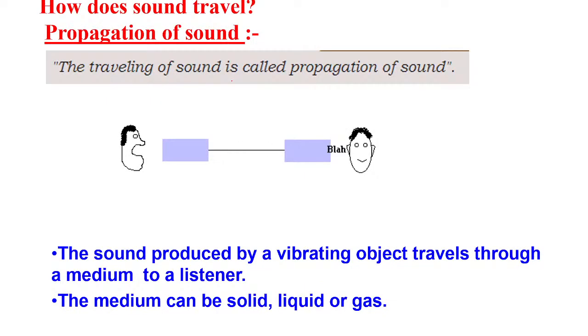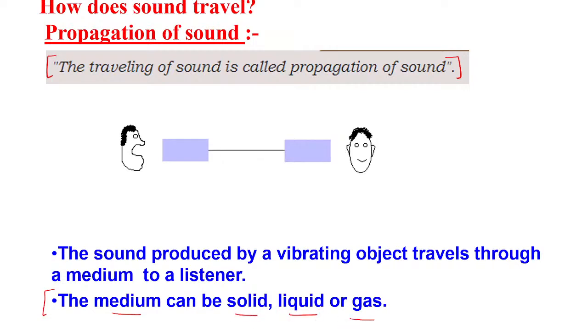Okay, as I already told you, what is needed for the sound to travel? Sound needs a medium. This medium can be solid, it can be liquid, or it can be gas. So for the sound to travel from one place to another place, we are going to call it the propagation of the sound. And for this propagation to take place, there has to be some medium which will help us in propagating this sound wave, either solid, liquid, or gas.